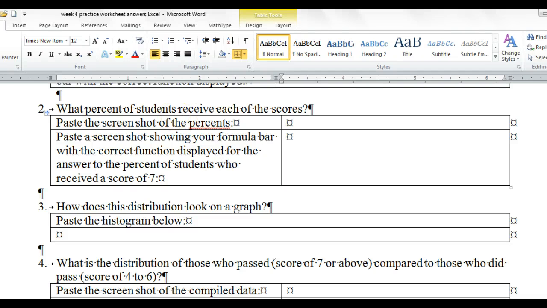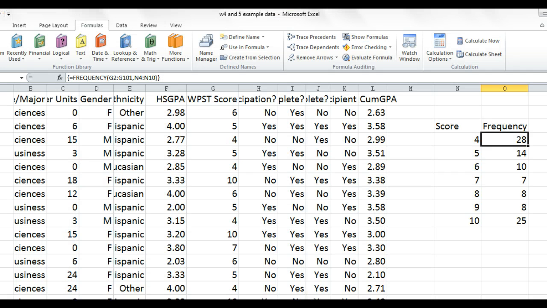The second question on the worksheet asks what percent of students received each of the scores, and it asks for screenshots of the percent as well as a screenshot of the formula bar for the percent of students who received a score of 7. So I'm going to click back on my Excel file. I've already